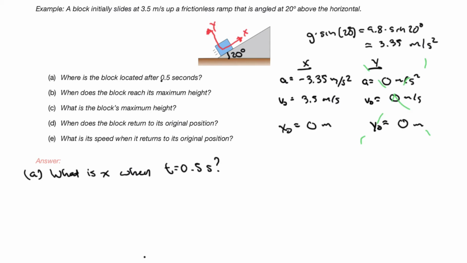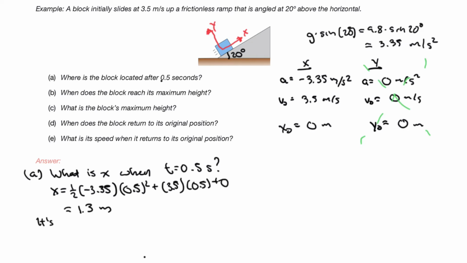So in this case, we use our first kinematic equation. And after we plug in our values, we see that x equals 1.3 meters. And what this means is that the block was located 1.3 meters farther along the ramp. Now, if we wanted to, we could find its position relative to the table, both horizontally or vertically, but this